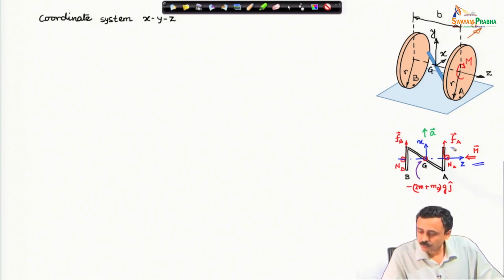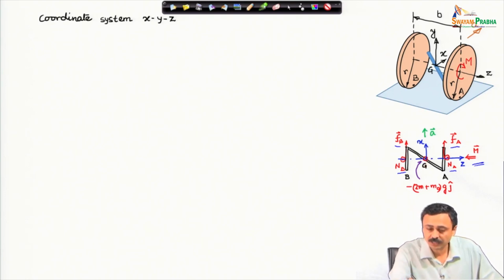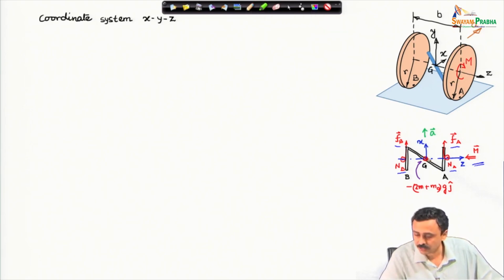We have the friction forces under these discs F A and F B. The normal forces I have shown by this convention, normal reactions from the ground, they are perpendicular to the plane of the screen and coming out of it, therefore, a circle and a dot. This is N A, this is N B coming out of the plane of the screen, and the weight which is going into the plane of the screen. That should be marked by a cross, not very clear here,